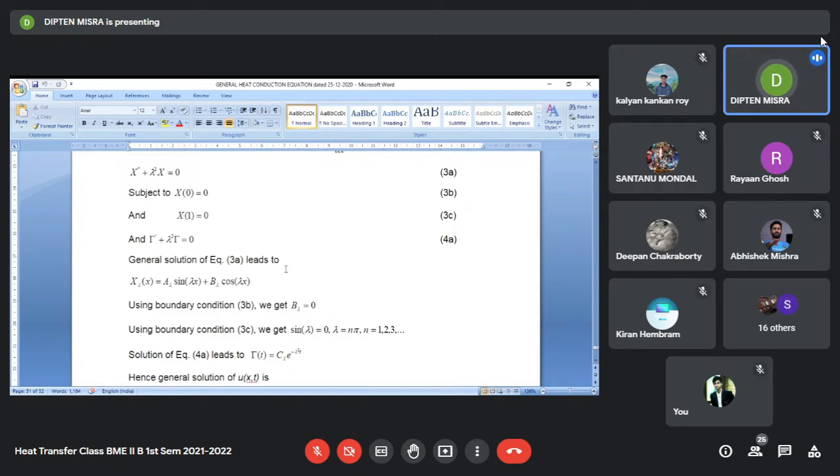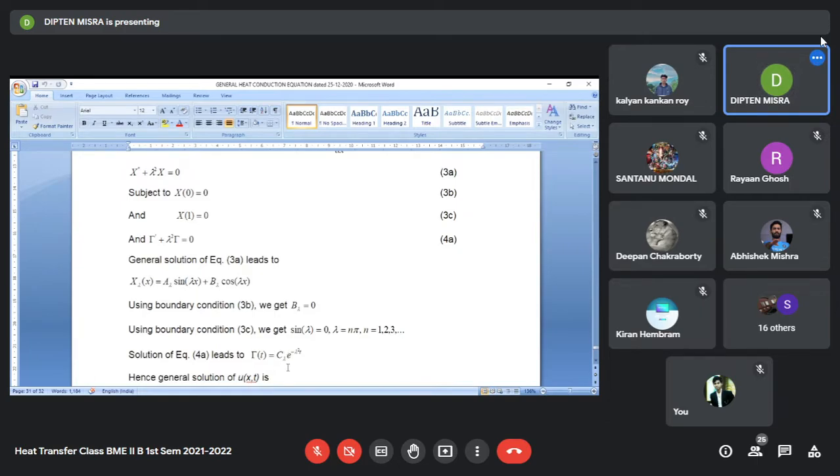So what is the solution for u? Now the solution for u can be for one value of lambda. Suppose one value of lambda that we call lambda 1. So the first solution for lambda 1 is x lambda 1 into sine, that is for lambda 1, let us say that is for 1 pi, 1 pi x, into a lambda 1 into c lambda 1 into e to the power minus, n is equal to 1, pi square into t.